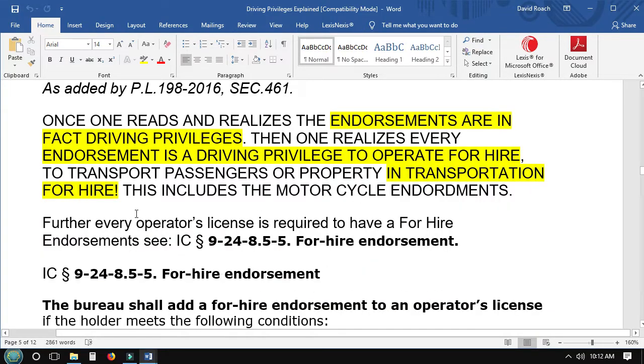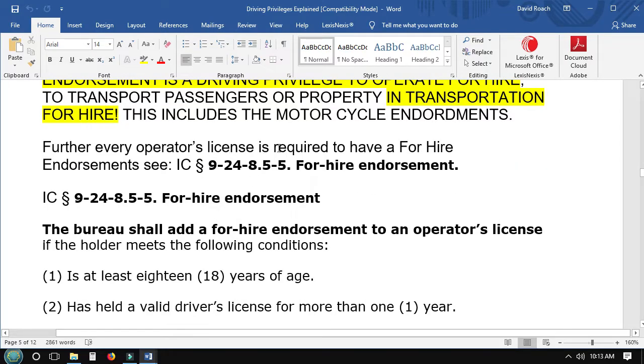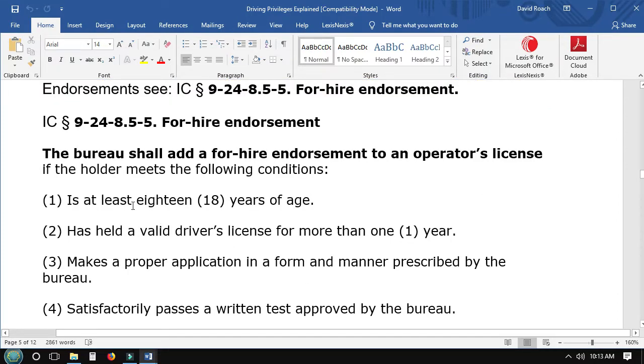Okay, so now we've come to the point that we realize that once one reads and realizes the endorsements are in fact driving privileges, then one realizes every endorsement is a driving privilege to operate for hire, to transport passengers or property in transportation for hire. This includes the motorcycle endorsements, right? It says further, every operator's license is required to have a for-hire endorsement. IC 9-24-8.5-5, for-hire endorsement, right? And it says the Bureau shall add a for-hire endorsement to an operator's license if the holder meets the following conditions: